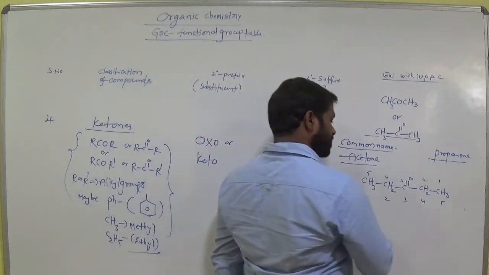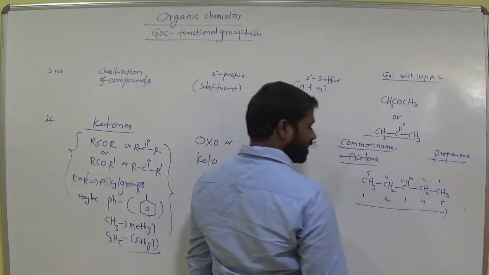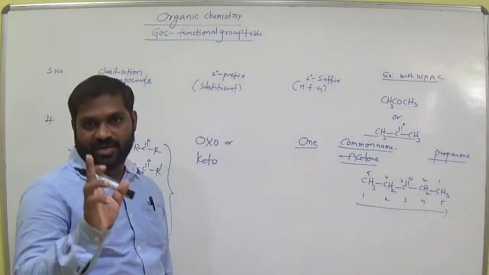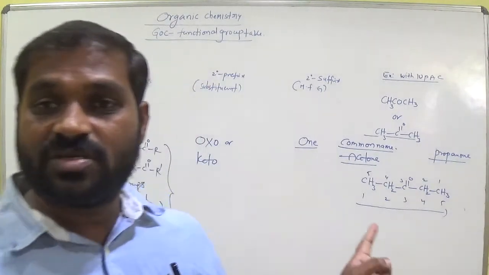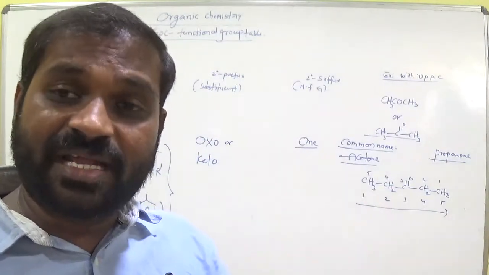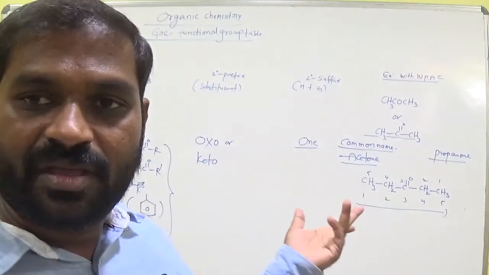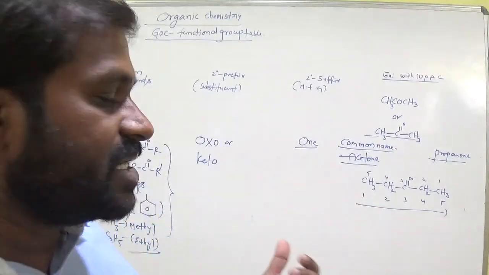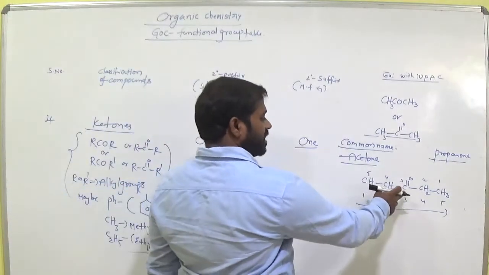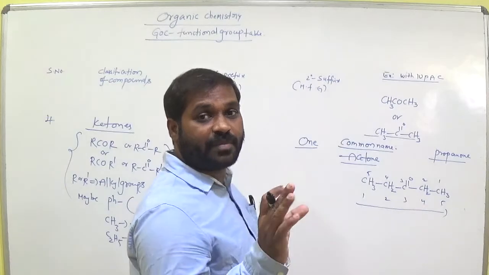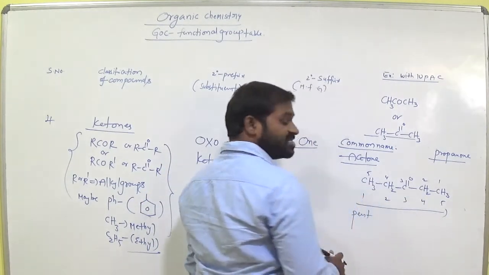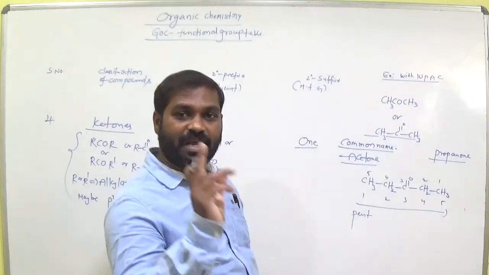Suppose I move in this direction. Is it cyclic or not? Not cyclic, it is a chain-like structure. That means the primary prefix is clearly absent. Are you following? There is no cyclic nature, so the primary prefix is not there. Next, go for the secondary prefix. It tells about substituents. Is there any substituent? No. Next, the root word. The root word represents the number of carbon atoms in the main chain. How many carbons? Here 5 carbons. So the root word is pent. In the main chain all are single bonds, so ane, pentane. That is the primary suffix.